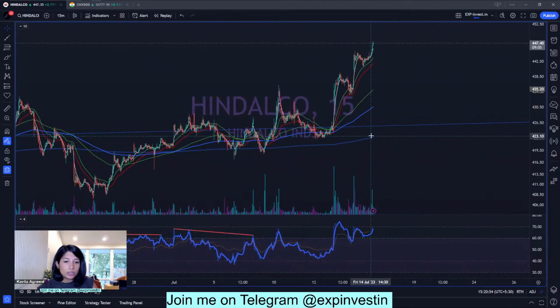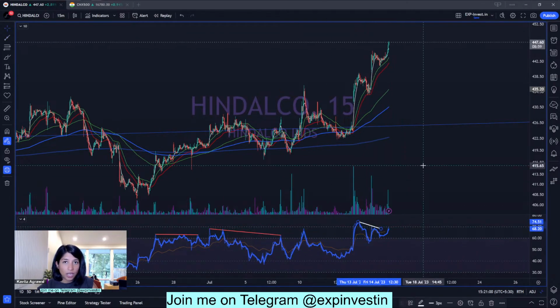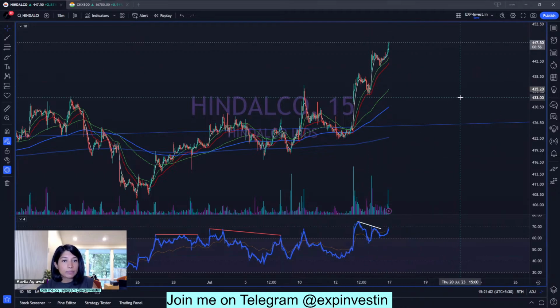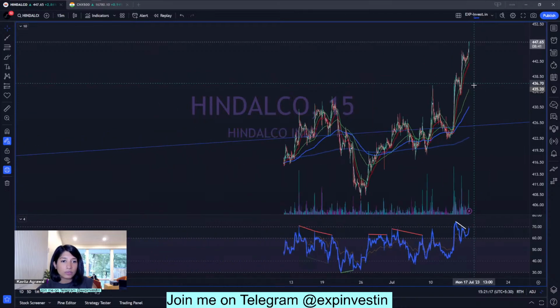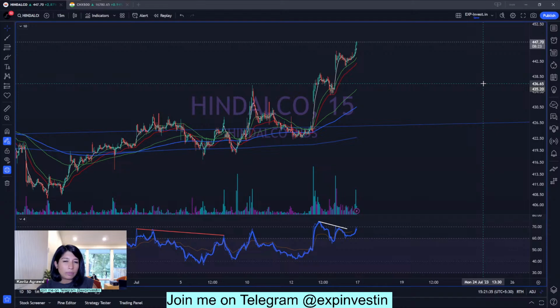So Hindalco does look good, but I would suggest you wait for some correction before you make a fresh entry. If you have an active position right now, please maintain a stop loss not higher than 433, because you might get whipped out. And if you want to make a fresh position, I think the stock might retest somewhere around, so 433, actually not even 433, make it 432. So 432 should be a stop loss, and as the stock comes a little bit lower to maybe 440, 435 level, that would be a good time to maybe make a fresh entry.